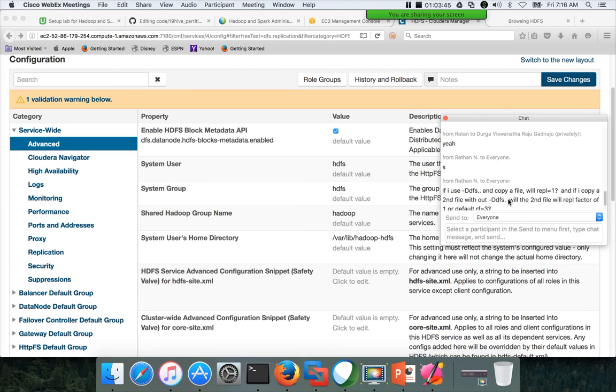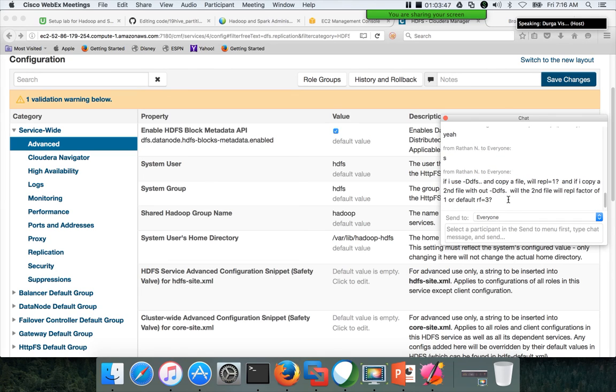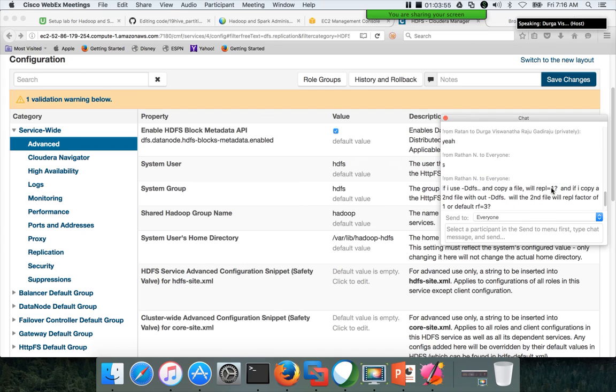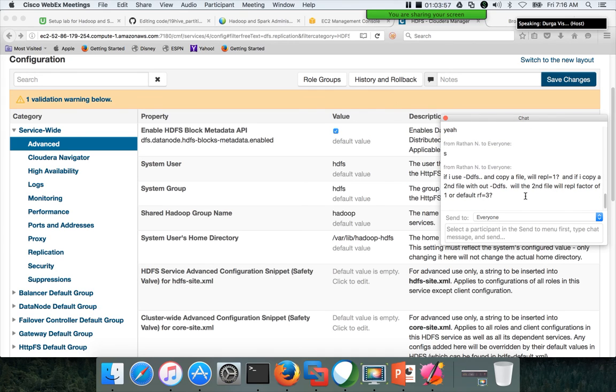So there is a question: if I use -D dfs.replication and copy a file, and then copy a second file without -D, what happens? -D is only applicable for that command. It does not change anything in the parameter file.